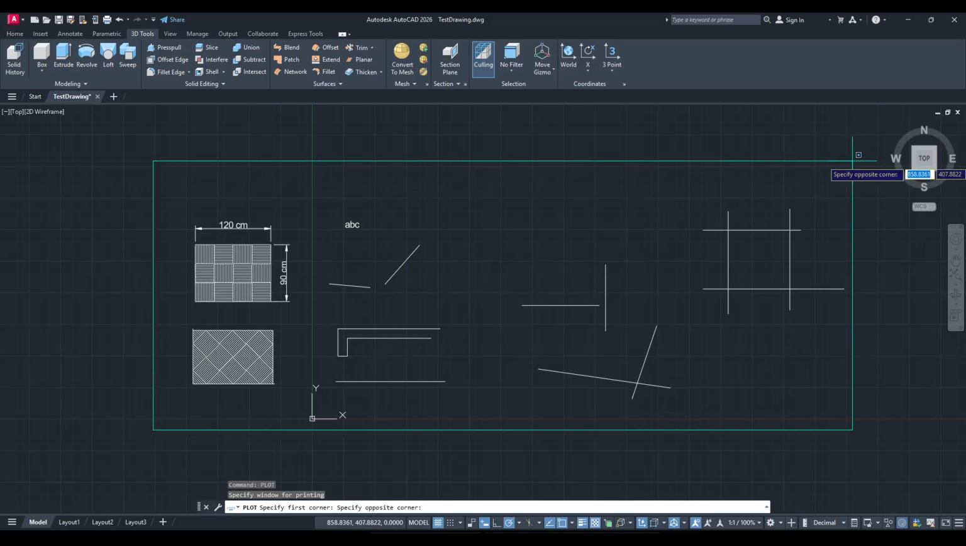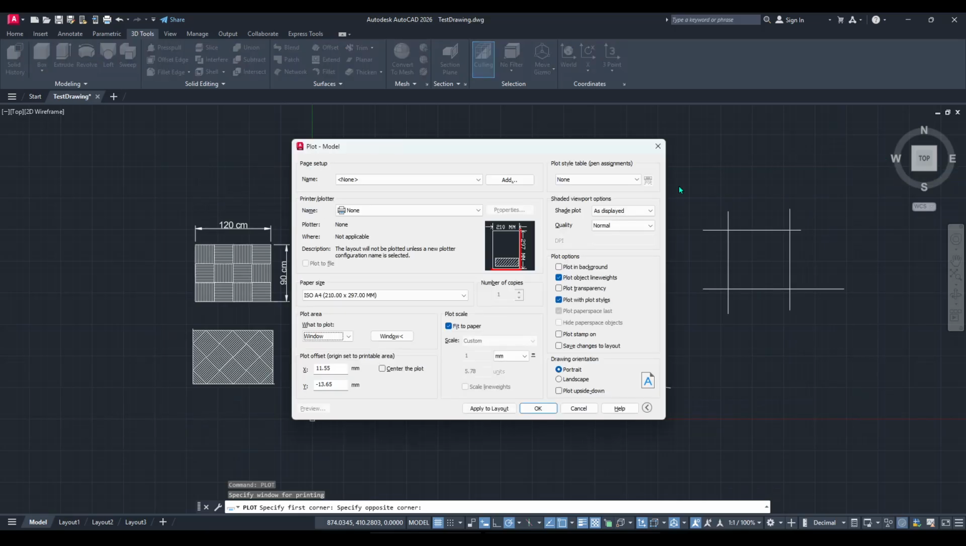After you choose Window, click and drag a selection box around the portion of the drawing you want to convert. Take your time here and snap carefully to known corners or limits so the PDF includes everything you need and nothing extra. If you're working inside a viewport on a layout, make sure the viewport is showing the correct view